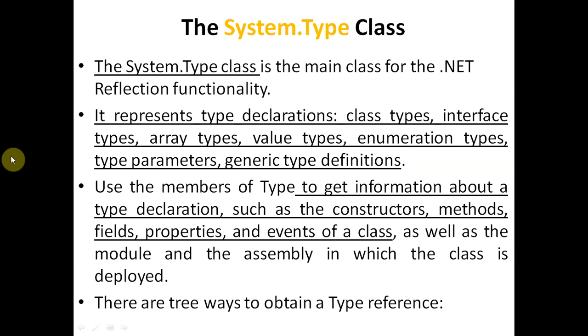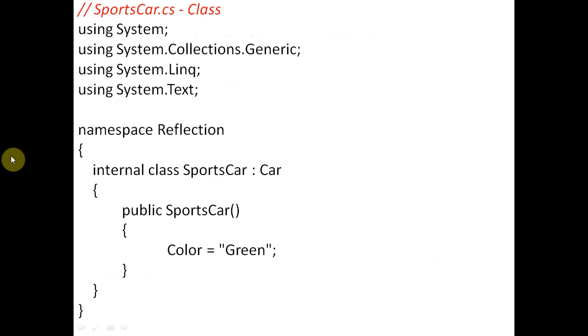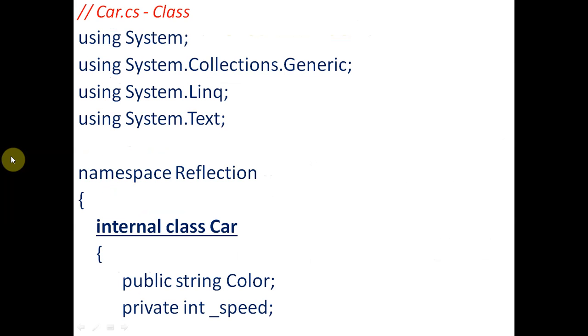For this we have prepared one class, one interface, as well as a derived class. In the previous lecture we have seen this, so I am repeating the same, and then coming to the new features and new programs of reflection, where we will retrieve all the properties of the assembly as well as the interface and constructor. So you can see here the class.